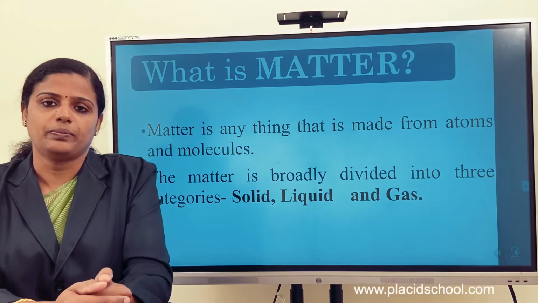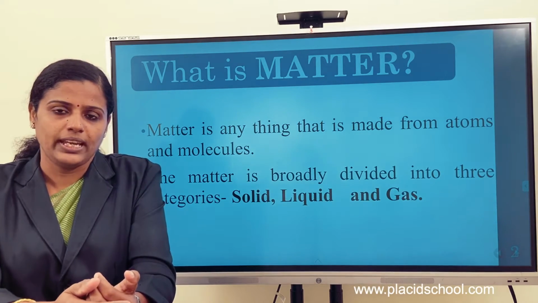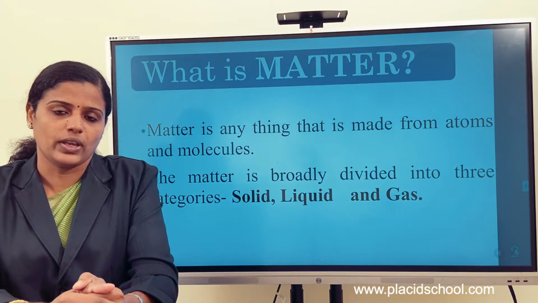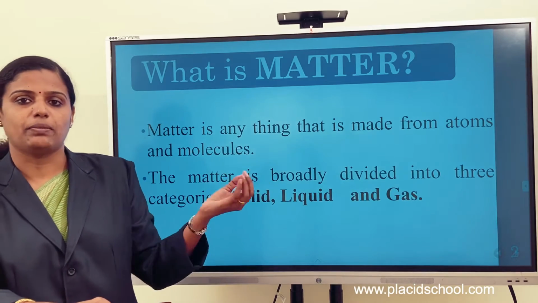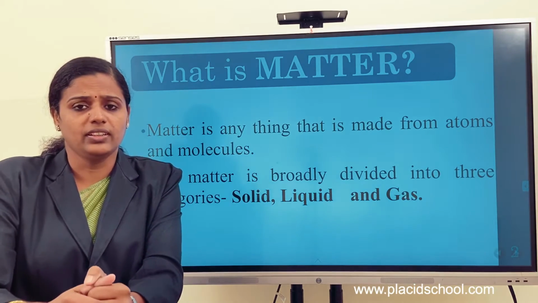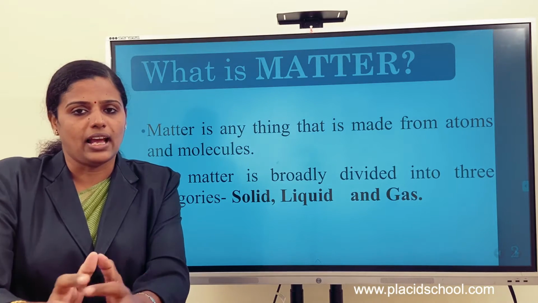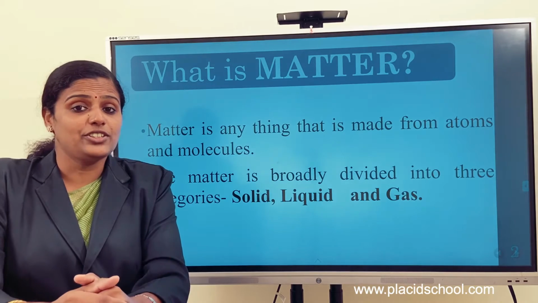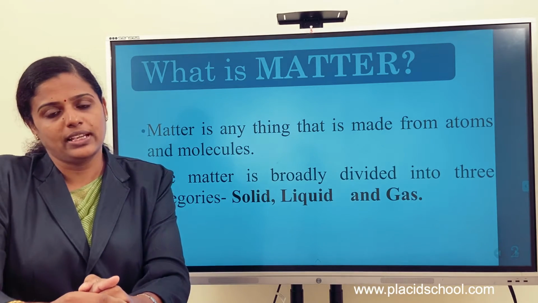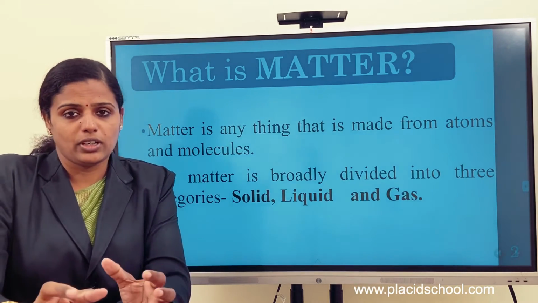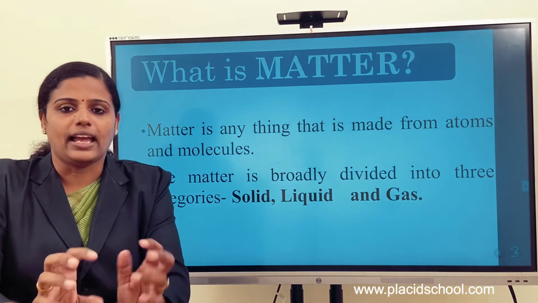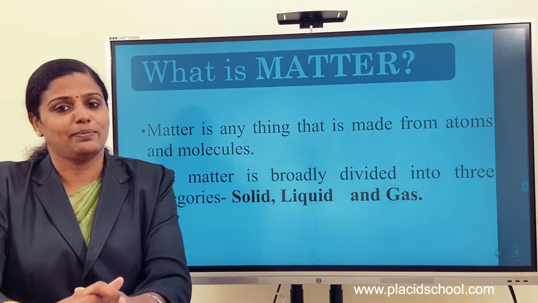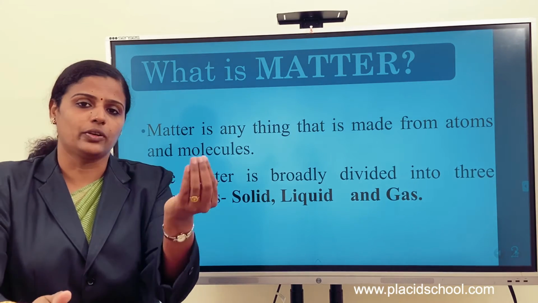If we have an ice cube, it's in solid form, it has a definite shape and a definite size. So a solid can be represented by an ice cube. Then, when it is heated up, the atoms or molecules gain kinetic energy, and when the kinetic energy of the atoms or molecules is more than the intermolecular force of attraction between them, then what happens? It melts. The ice melts to water, or liquid form.